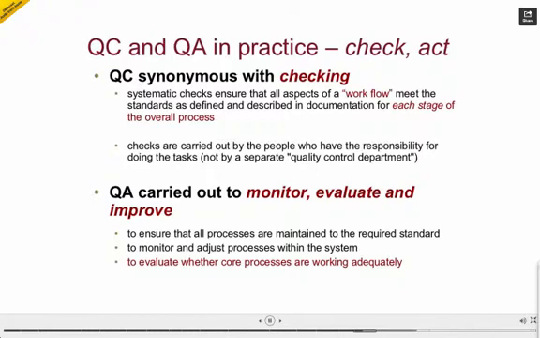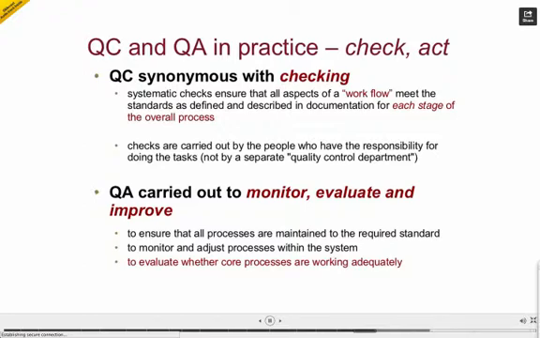The checks are not carried out by some external department, perhaps called the quality control department. These need to be instigated and carried out by the people doing the task. It's their responsibility. Ultimately, they are then able to collect enough information to monitor and evaluate what they're doing in order to then come up with ideas to improve it, which is going back to re-engineer perhaps one aspect of the process. So if you evaluate the core process and find they're not working as well as you like, then it's beholden on you to try and find ways to do it better.